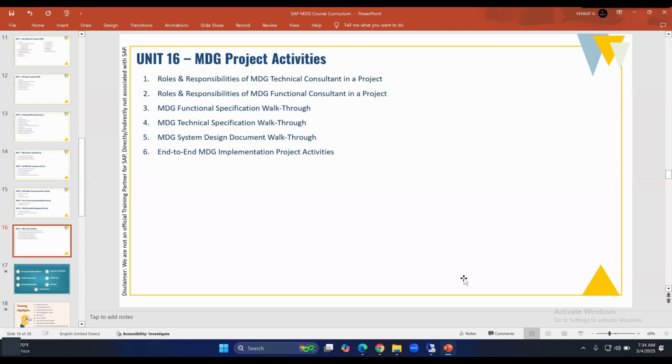I don't share them, but I will walk you through the template, not the actual content. I'm not supposed to share that. Okay, we just walk you through the template, and I will also explain what kind of content you can put in there. And end-to-end project implementation activities, like if you take a typical implementation project from day one till